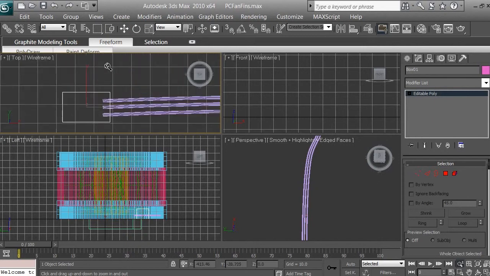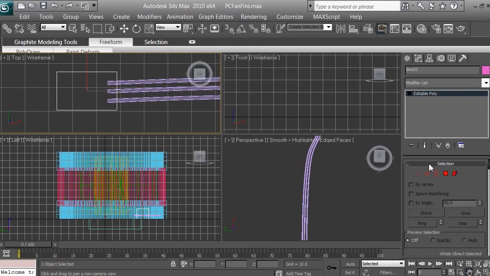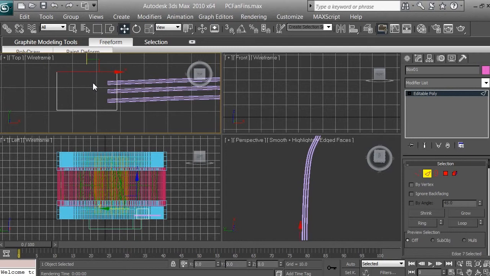Use the zoom tool, zoom in. Okay, and now what we want to do is select the edges over here, this icon right here, and click on the top edge once, and on this one, and holding the control button, click on this edge. Okay, what we want to do now